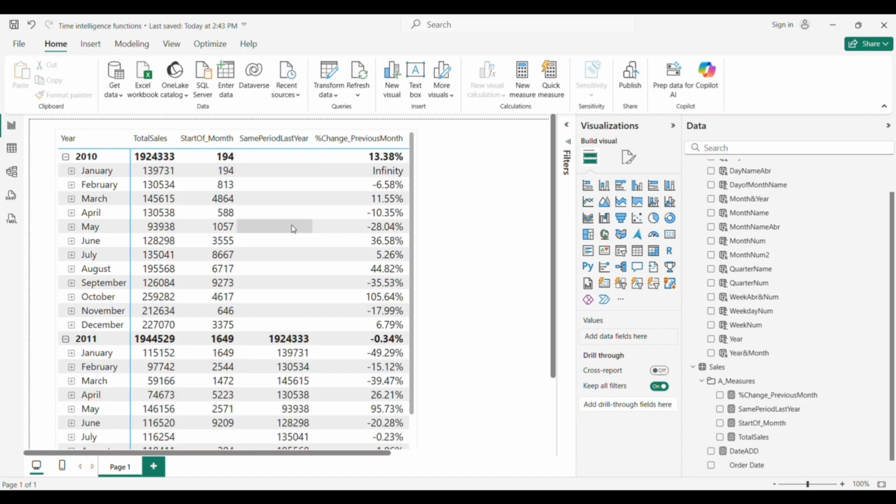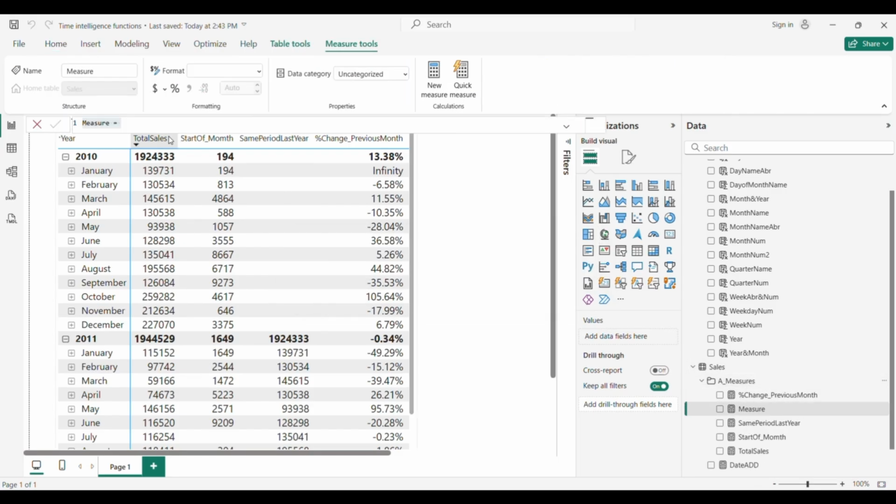So we can also take the last day of the month if we need. For that we will use the LASTDATE function.